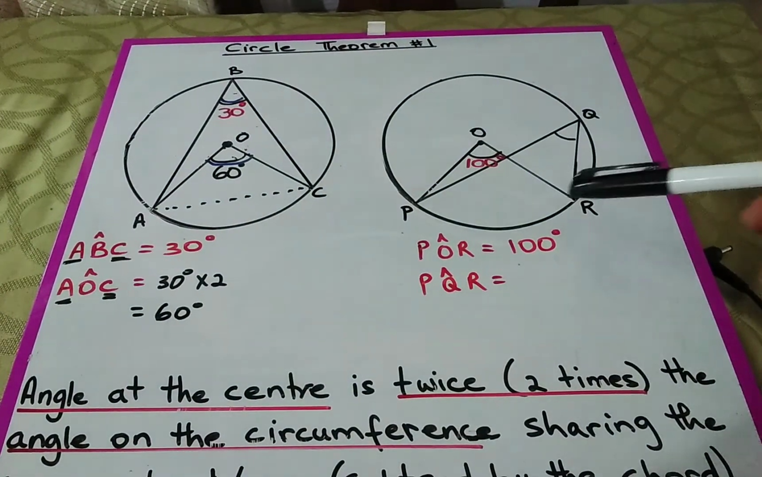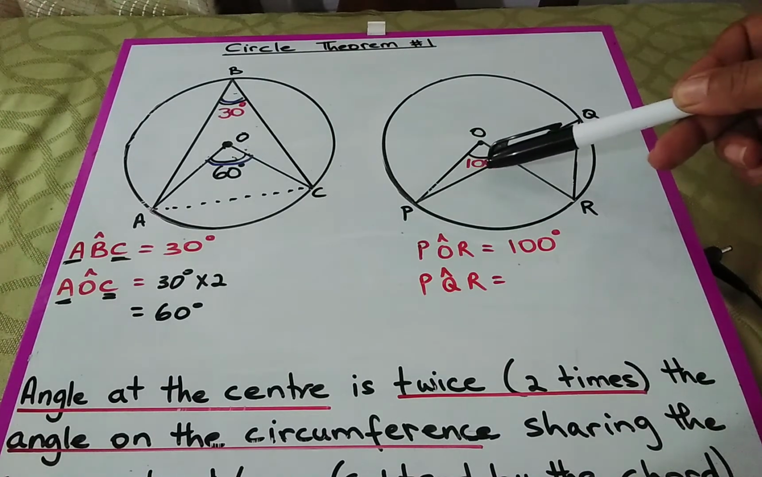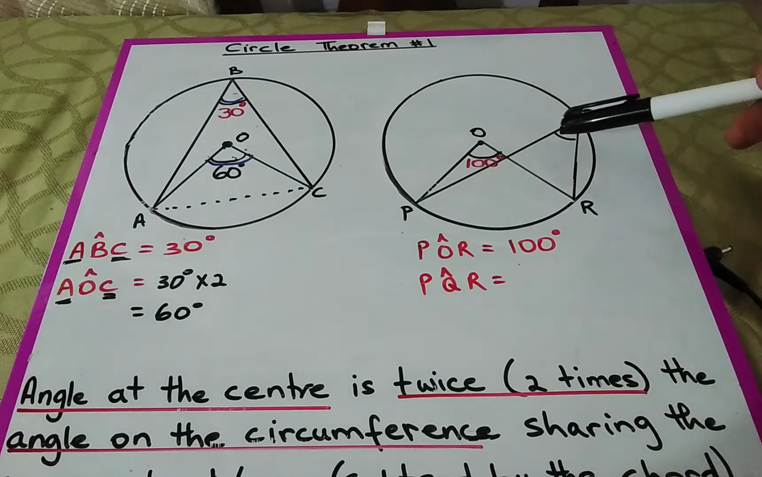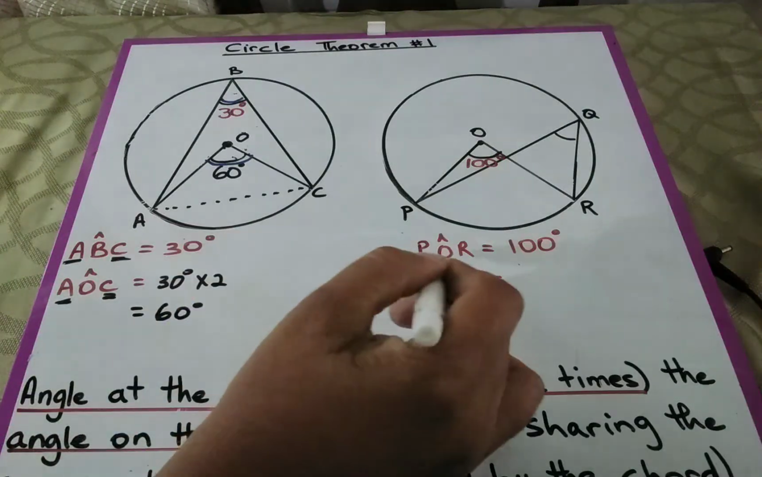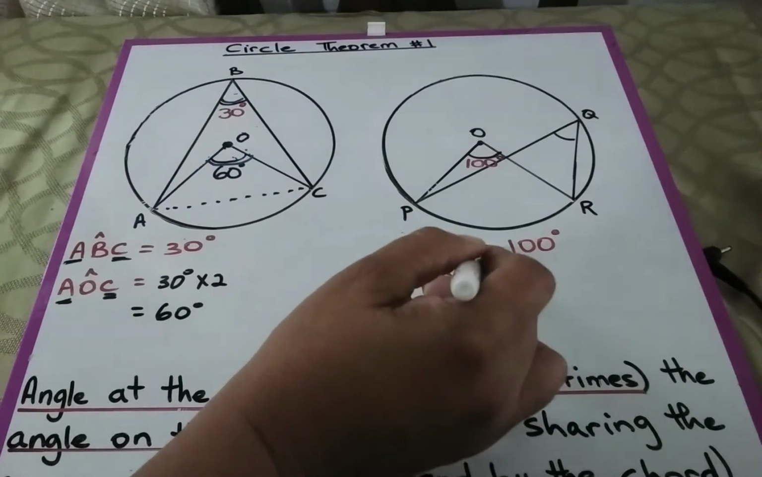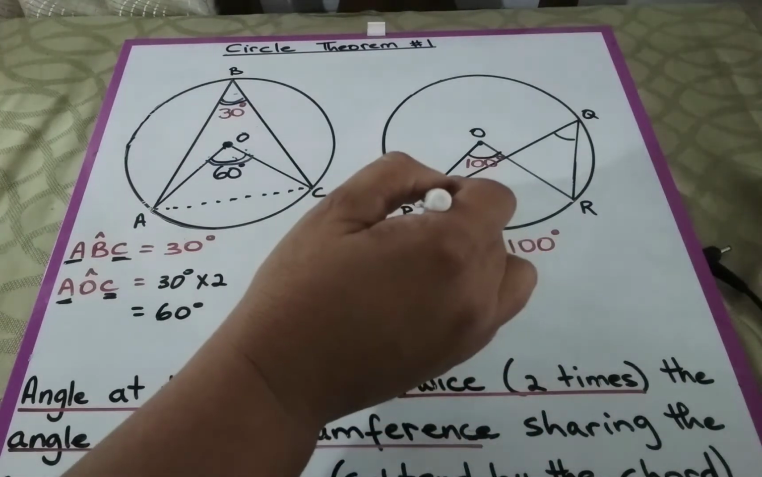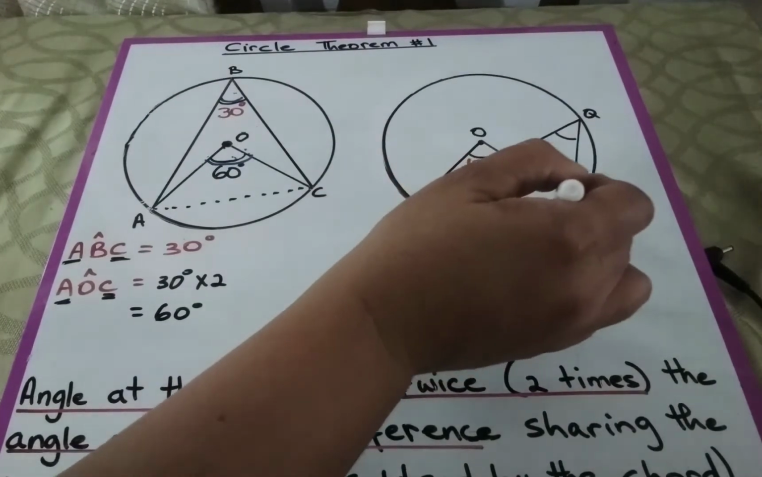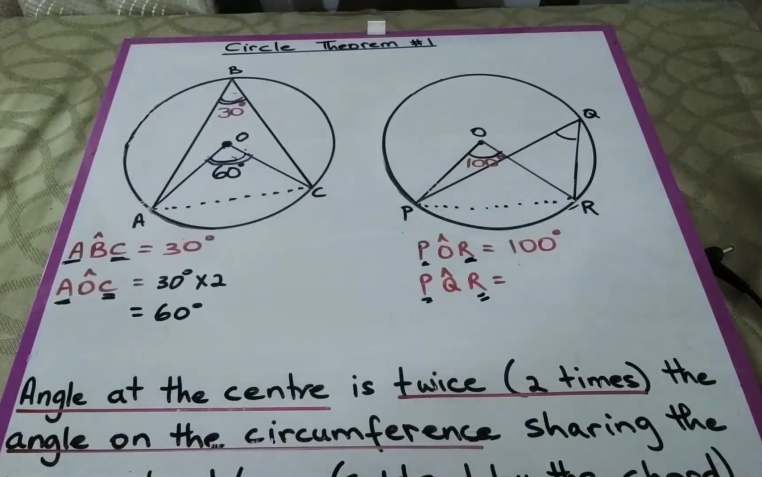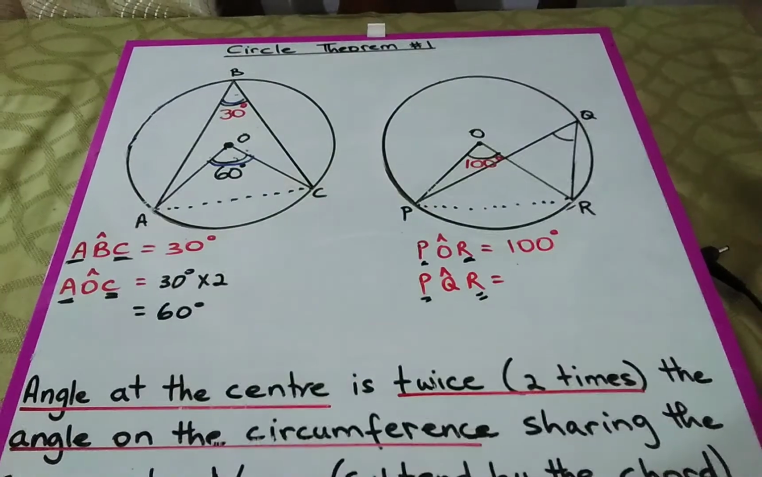Now, here, we are given the angle at the center, and we need to find the angle on the circumference. So again, you notice, starts with P, ends with R. Starts with P, ends with R. So it means that here is the chord or the arc that both share. So using